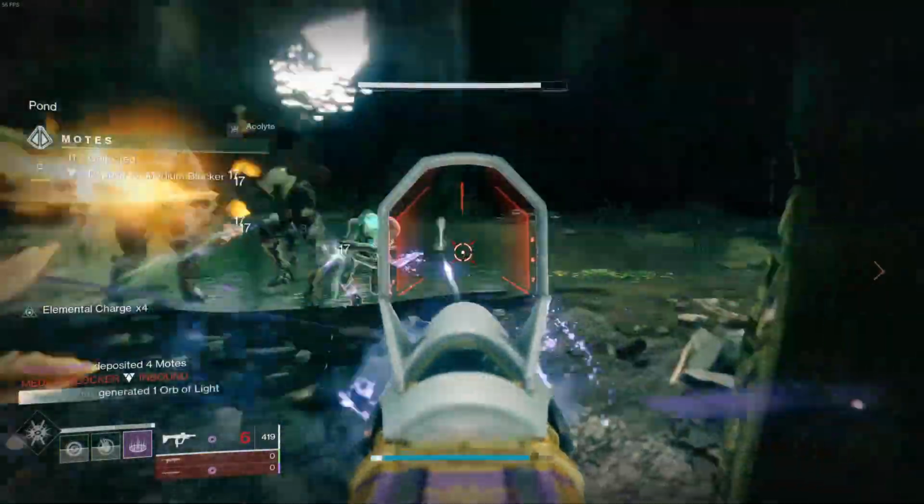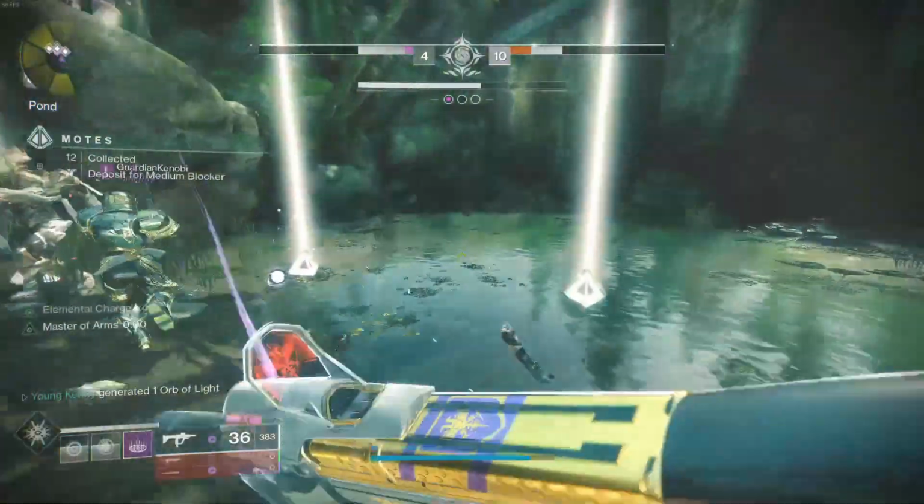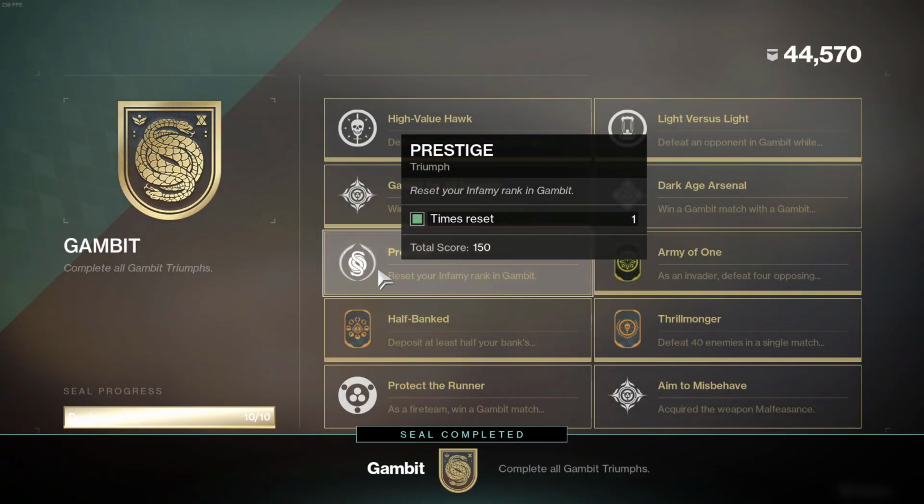So you're looking to add a seal to your collection, or just looking for that first seal in Destiny 2? Well, today I got you with how to get Dredgen, the Gambit seal, which is arguably the easiest seal in